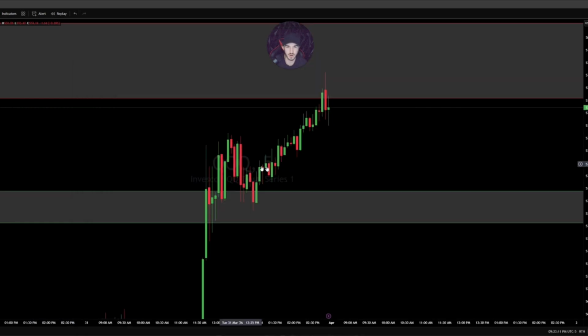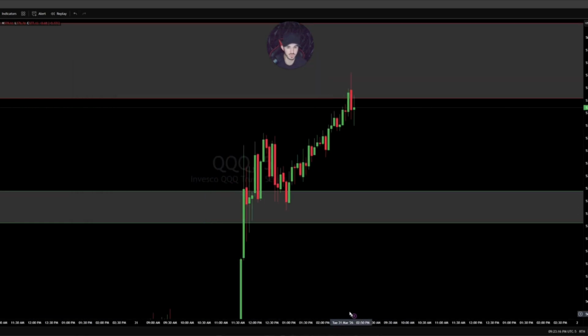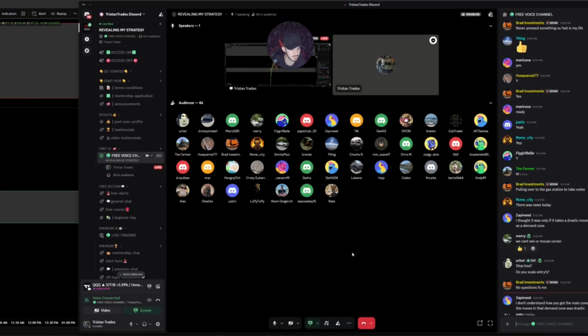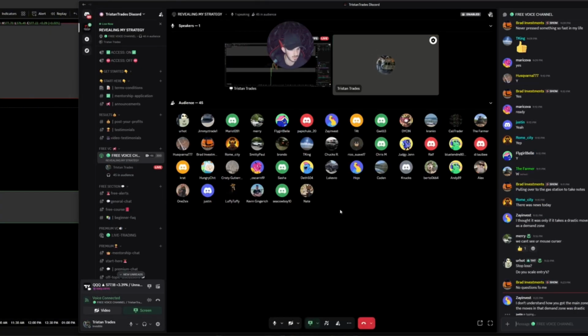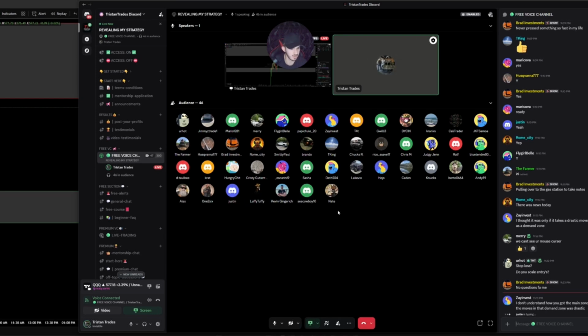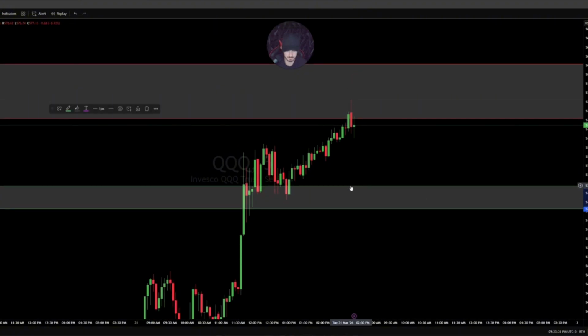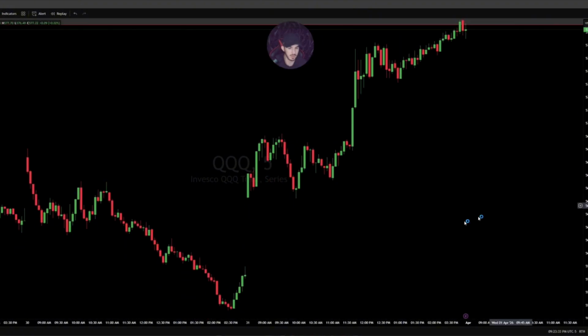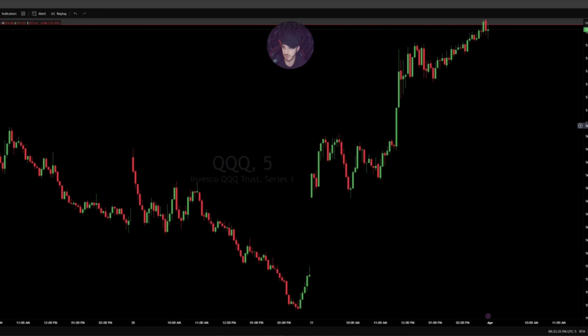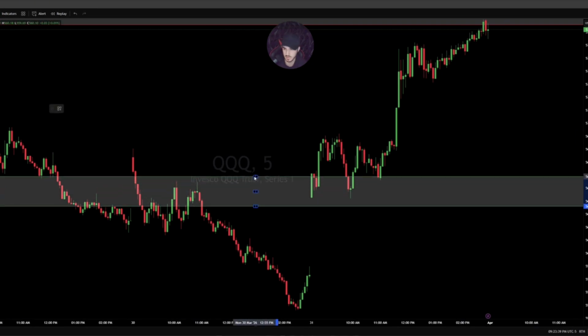So you want to look for, obviously, good moves, not little tiny bounces. You want to look for good actual bounces. I don't understand how you got the main zone from today, because not all the moves in that demand zone were drastic. Well, this demand, they were pretty big moves, actually. If you go back and make this demand real quick, I would say all these moves are pretty big